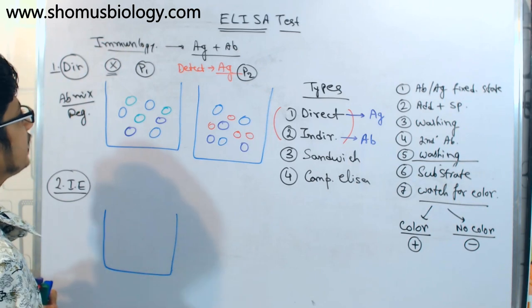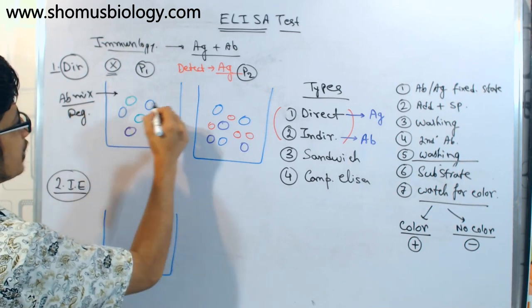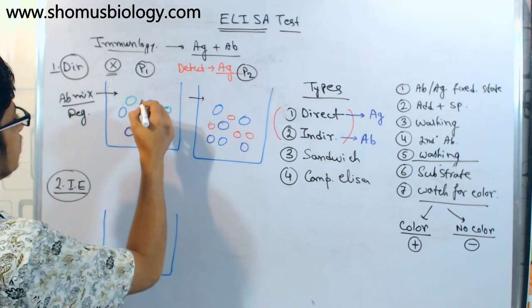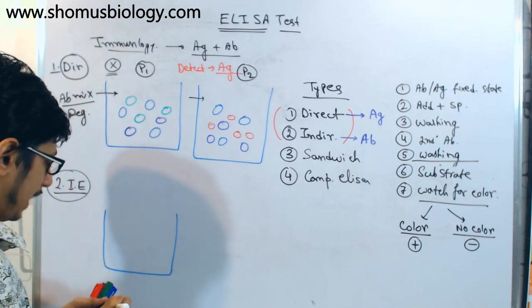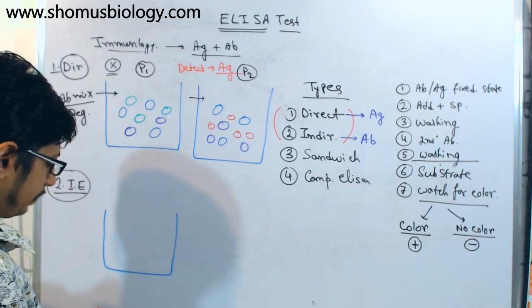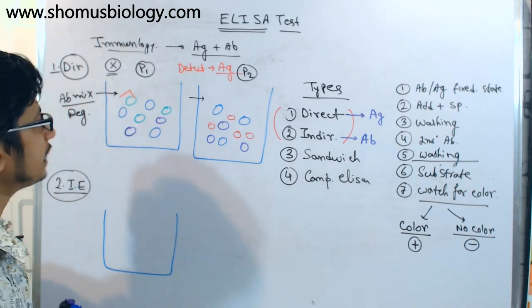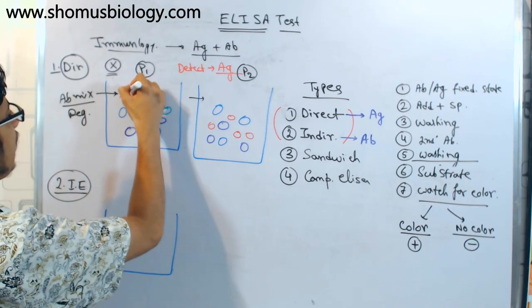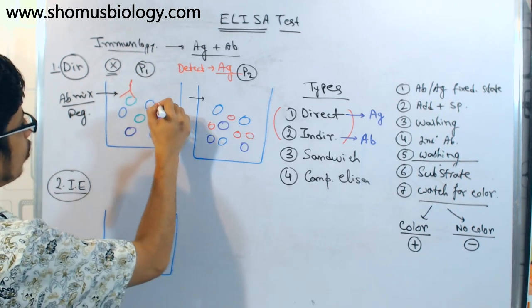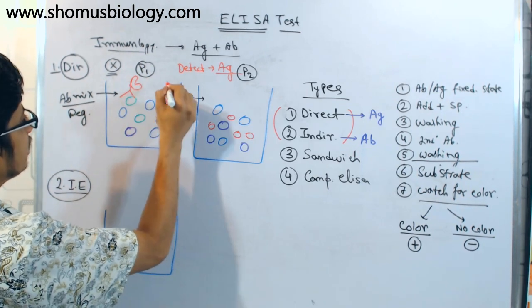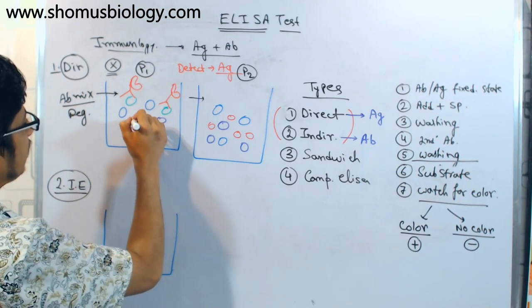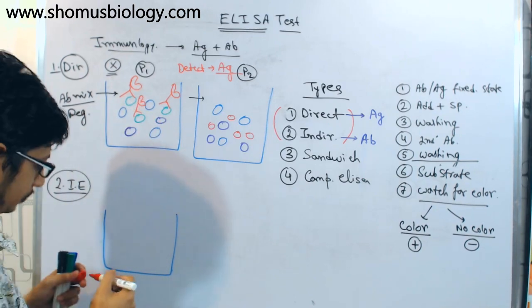Then after adding the specimen, what do we add? The reagent mix. In both of them the reagent mix is added. The reagent mix is nothing but the specific antibody targeted towards the antigen, green here, and this antibody is linked with an enzyme in the Fc region.